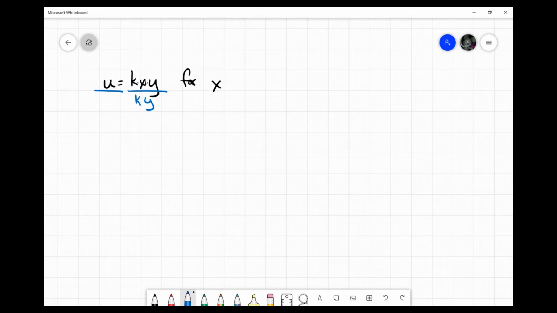What I do to one side, I must do to the other side so that we can have the equation stay balanced. This would be the division property of equality. Anything divided by itself is a 1. So k divided by k is a 1. Y divided by y is a 1. So on the right side, I have just 1 times x times 1, which means x. On the left side, I have u divided by k times y. These are different variables. I don't know what u, k, or y are, so I'm just going to leave them